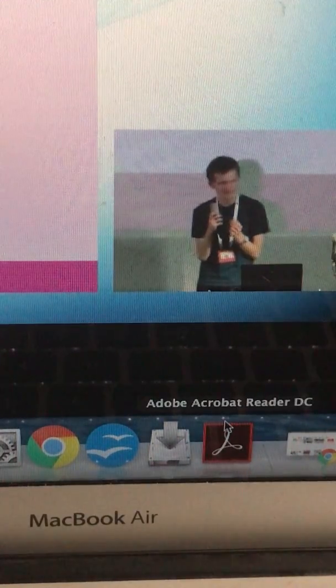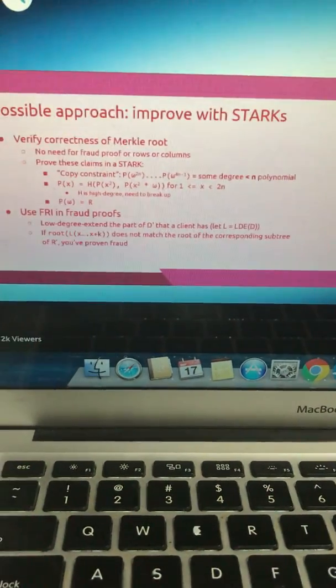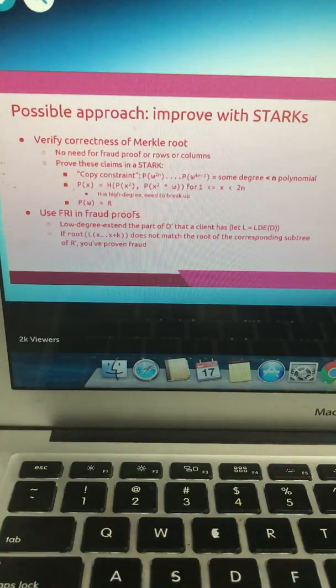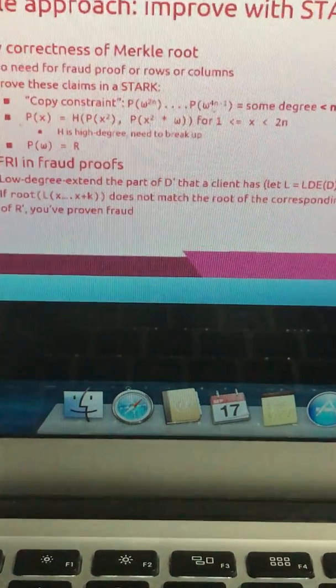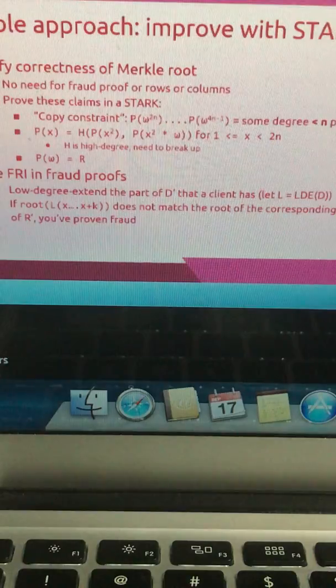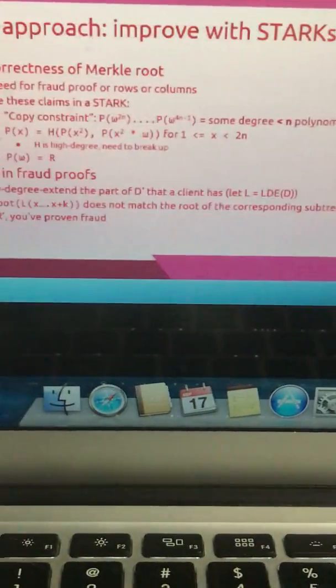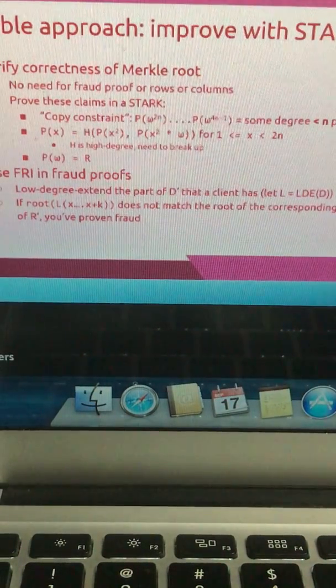Right? So basically, what we're going to prove is we're going to take all of the hashes in the Merkle tree, line them up along a polynomial, and it'll be like p evaluated at powers of omega, and p at omega to the 2n, all the way up to p at omega to the 4n minus 1. We're just going to place the leaves there, and then we're going to make an argument to prove